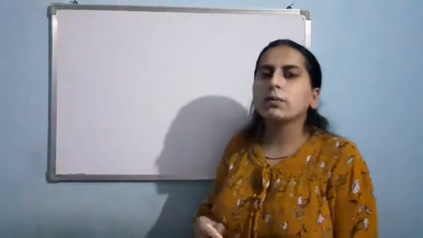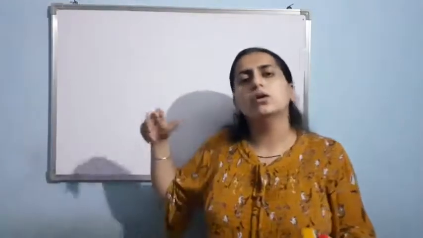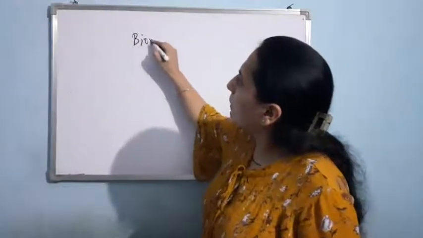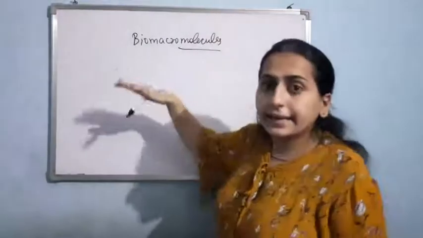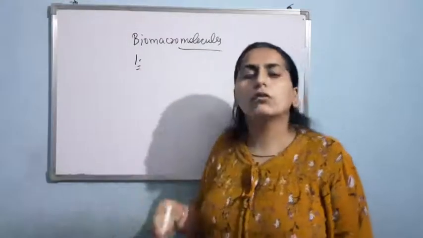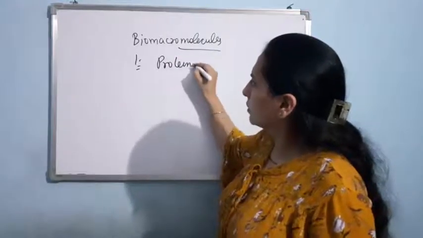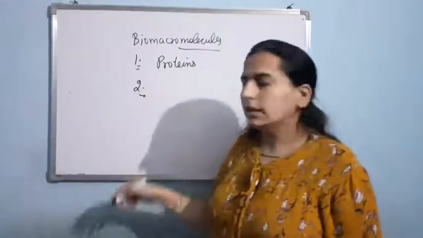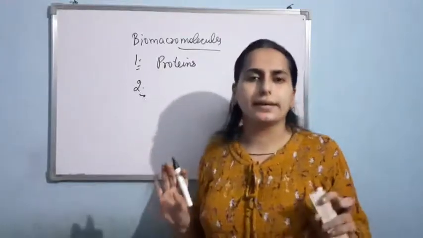So I told you the biomolecules, on the basis of their size, are of two types, biomacromolecules and biomicromolecules. Now if I talk about biomacromolecules, or the retentate that we obtained on the sieve, basically there are four types of biomacromolecules, not four actually, let me tell you first. First is proteins. In the retentate on the sieve, you will get proteins. Clear? Second, you will get polysaccharides. About their structure we shall study in detail.